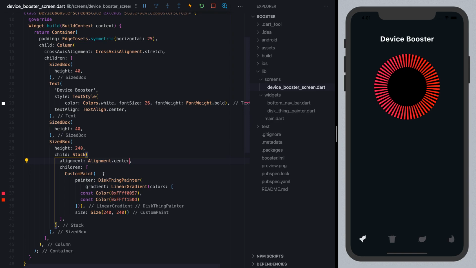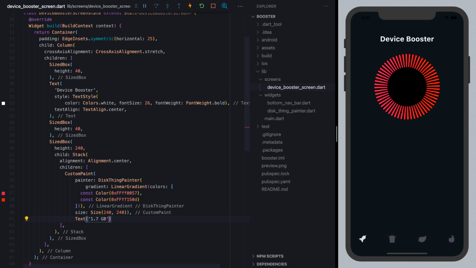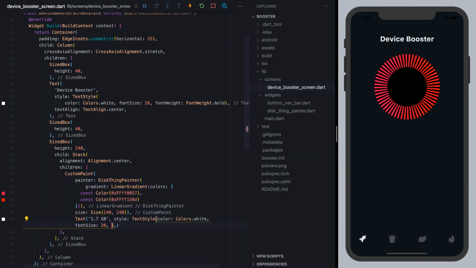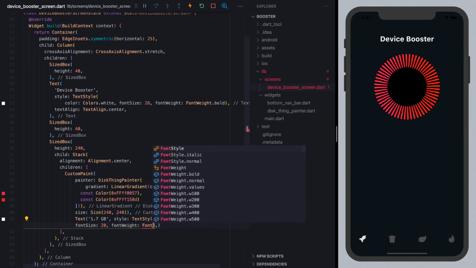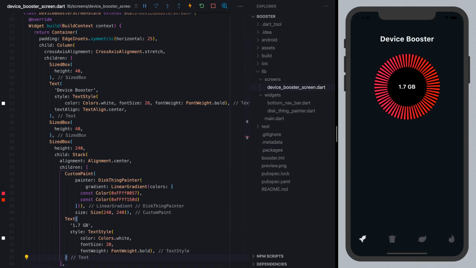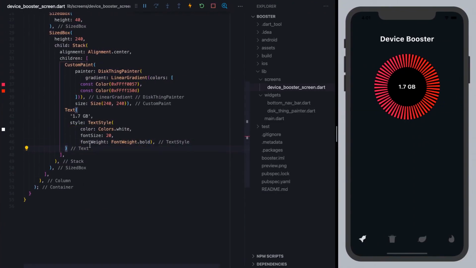And then, yeah, so that's custom paint. Go ahead and set text up. It's 1.7 GB. Again, we're going to need some text styling. So probably the color. Font size is going to be a bit smaller, then font weight. That's going to be bold. There we go, perfectly centered. So now for the rest of this, we're going to have quite a bit of space, and then we'll put in those two sections at the bottom. So underneath the stack,